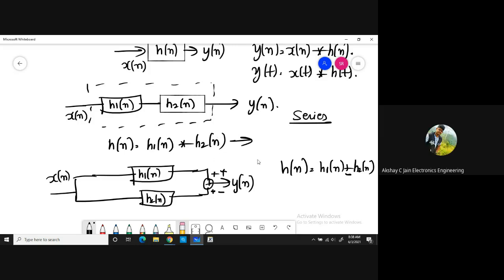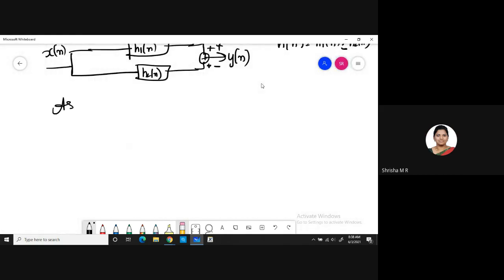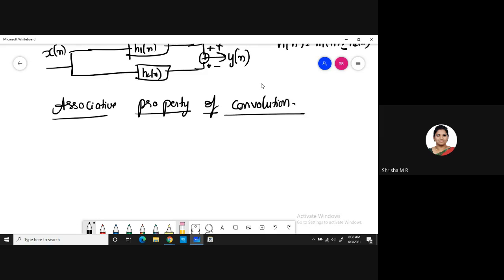Yes, ma'am. Okay, so let us now see associative property of convolution. Understood distributive property, everyone? So associative property of convolution states that x of n convolved with h1 of n convolved with h2 of n is equal to x of n